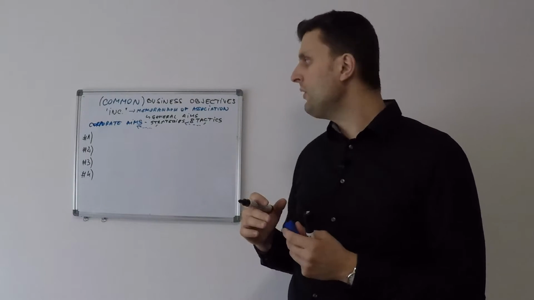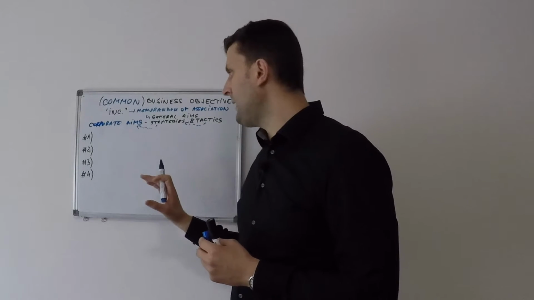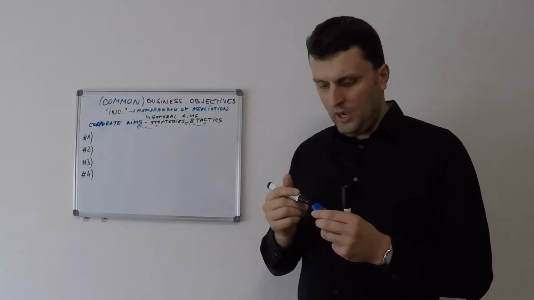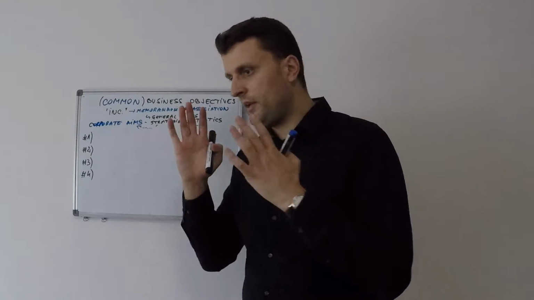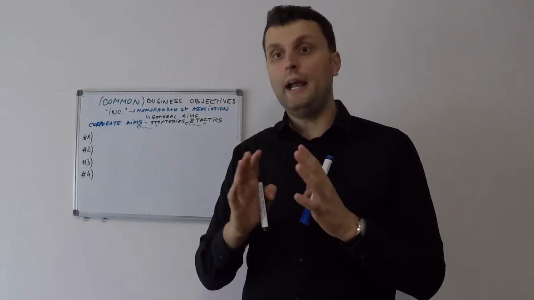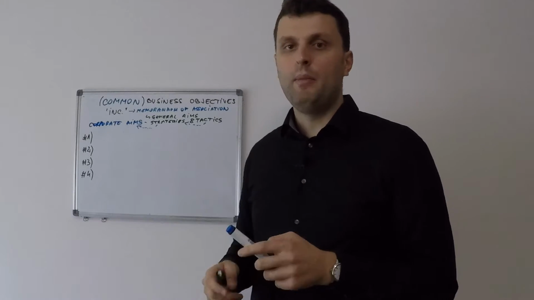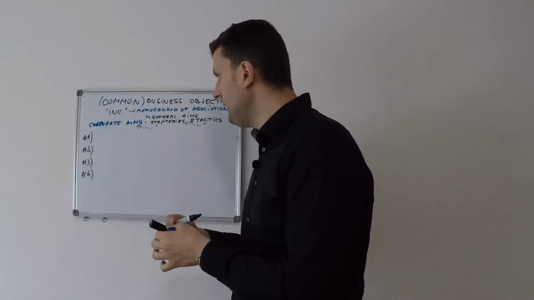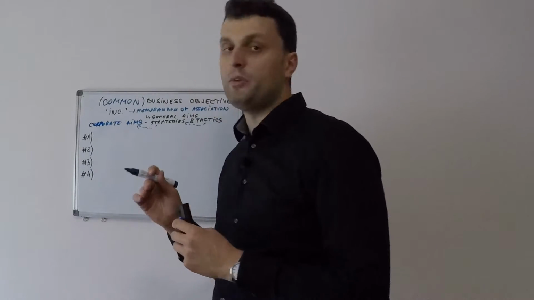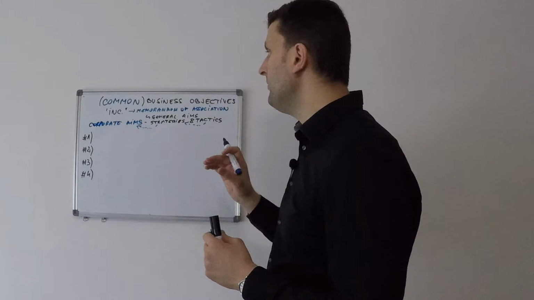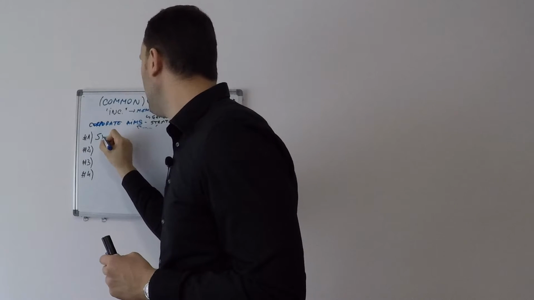Moving forward, we now focus on the most common business objectives that we have seen in all companies, regardless of their size. So whether they are small companies or huge players such as Coca-Cola or McDonald's. Number one would be, and this is something that you're also going to find in previous videos and that I've mentioned repeatedly because I believe that at the beginning of the business you have to be obsessed with it, survival.